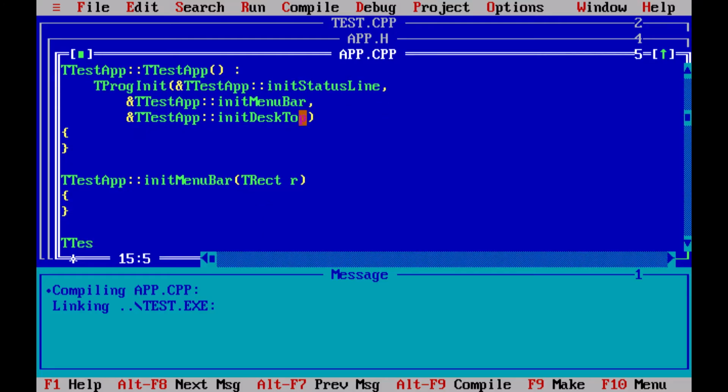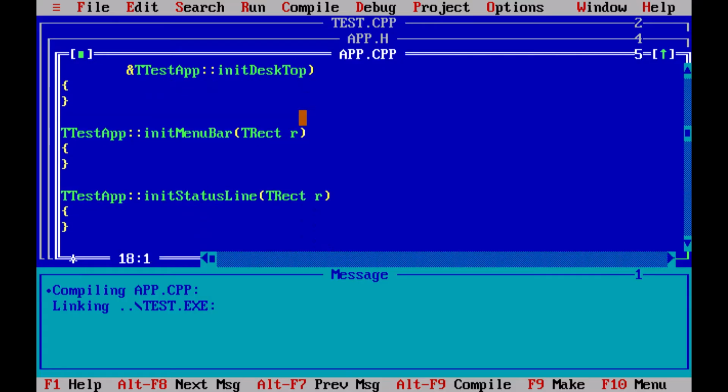And then the second one is going to be initStatusLine. Actually, I'll fill the status line out first. So I'm passed a rectangle of the screen. So the rectangle, the first Y